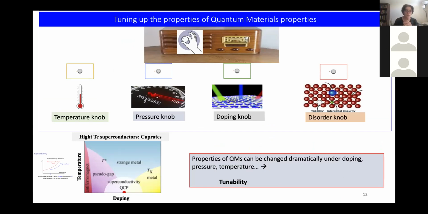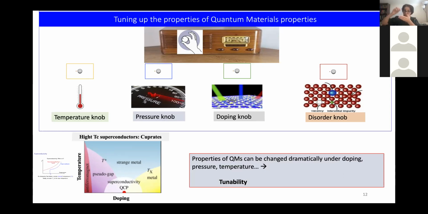What do I mean by this? For example, we take a material and want to study what happens to its properties if you change the temperature. You heat it up, what happens to it? Will the superconducting state that I discussed before exist? Is it going to stay, or is it going to be limited to some temperature and go away at high temperatures? Then we can apply pressure and see what happens to the material. Will it stay? Will new properties emerge? Will the existing property persist, or something like that? So temperature and pressure